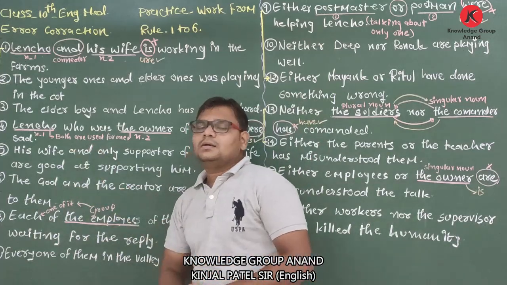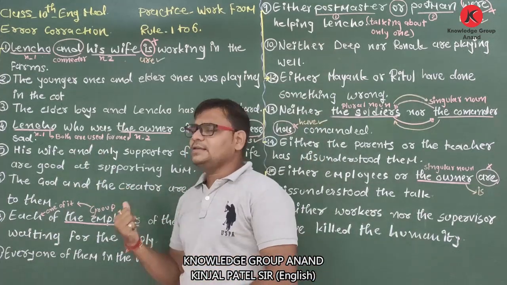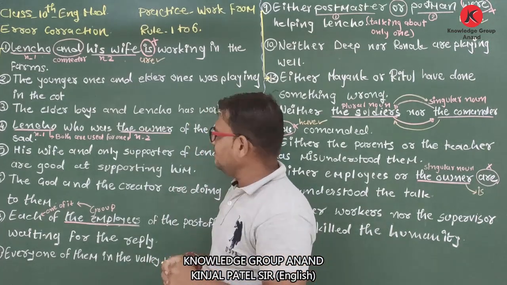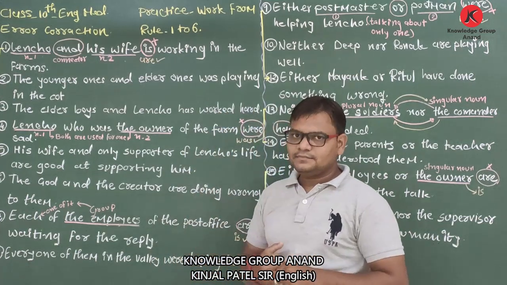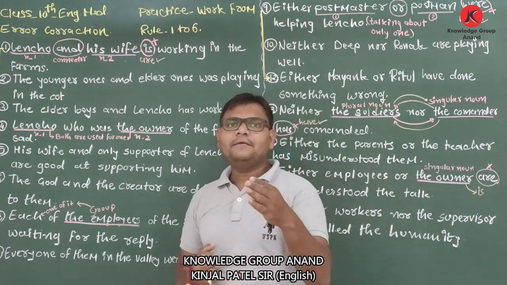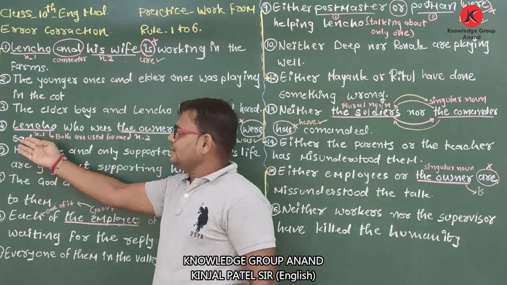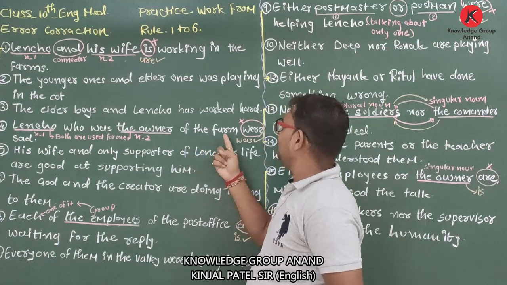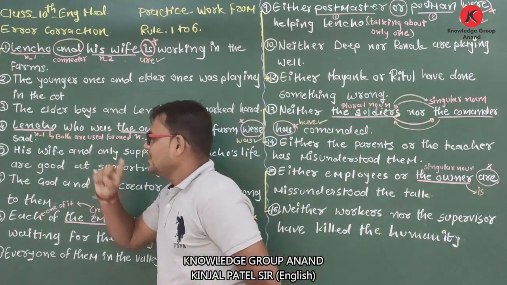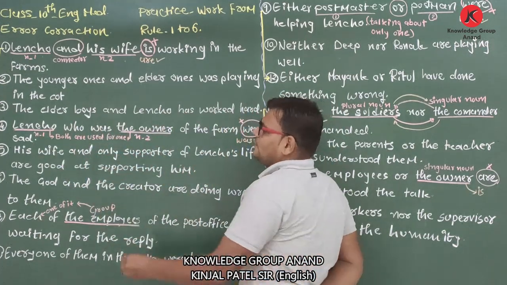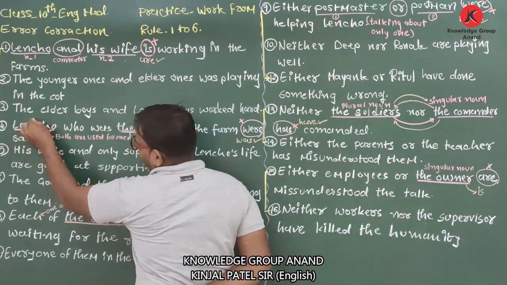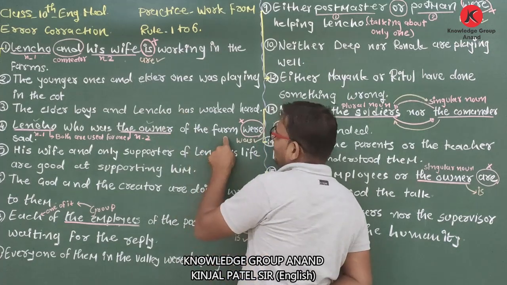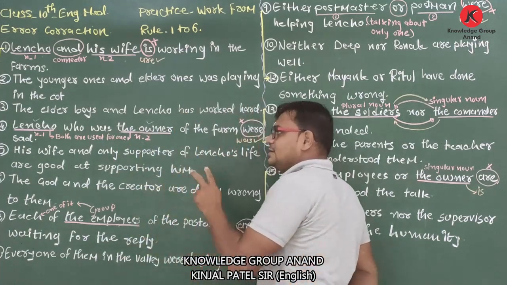Now rule number 2. Rule number 2 क्या था? Just read rule number 2 in your notebook very quickly, right? By pausing the video. Yes, I hope you have read it. Now read question number 4. Lencho, who was the owner of the farm, were said. यहाँ पे there are two nouns. You can find noun number 1, Lencho, over here, and noun number 2, the owner of the farm. Were said. But in this case,